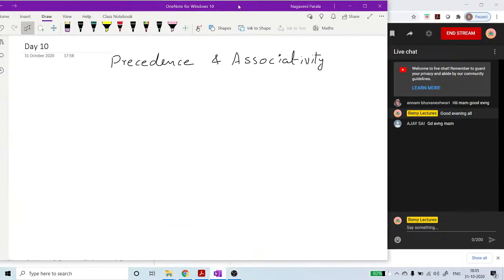Okay, good evening all. Yesterday we discussed different types of operators, and today we are going to discuss expressions, the definition of an expression, and how to evaluate it. While evaluating, we require the knowledge of precedence and associativity. So how these two things will help us in evaluating expressions, as I told you in the previous classes,